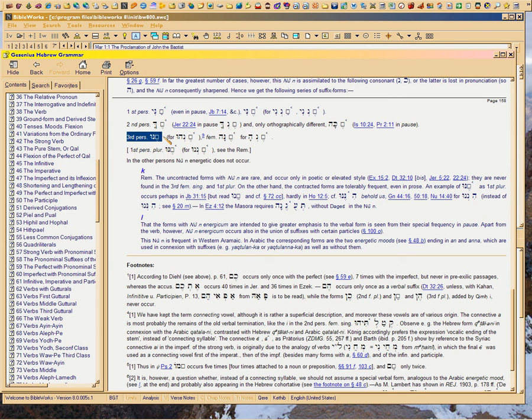So the next time somebody tries to tell you King James only is Psalm 12:7, that "them" means words, point them to page 158 in Gesenius, and you can get it online with that same page number for free. And if you want, I've got links to a video that I did on this very topic, and I'll give it to you, and that way you can find it for free.